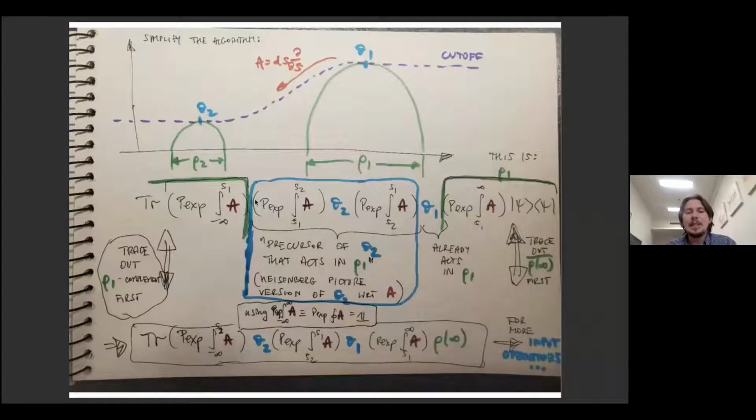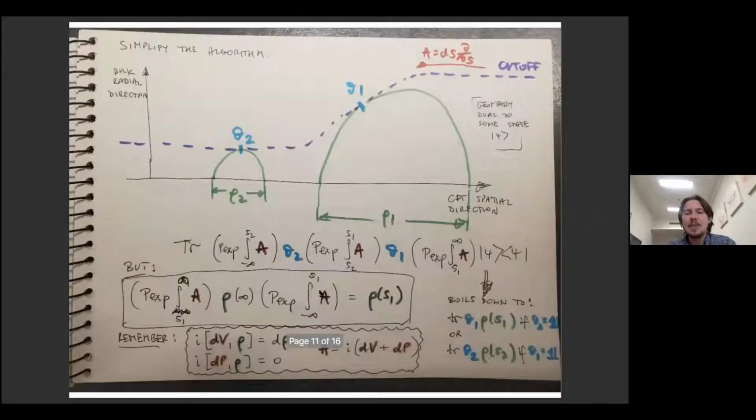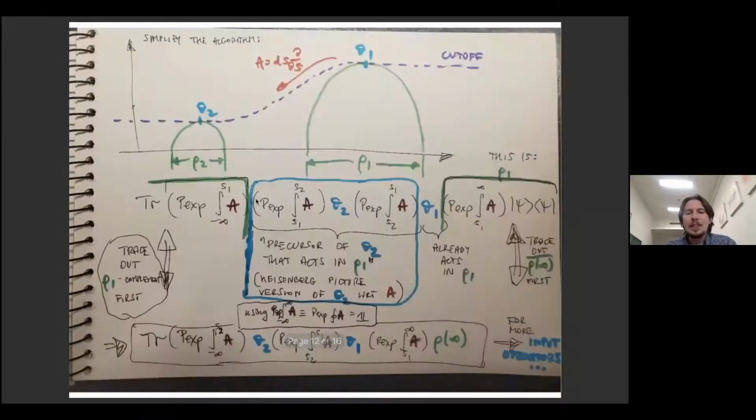So here I wrote the same expression again as on the previous slide, but one of these Wilson lines that are over here, I factorized into two pieces. This is a product of a Wilson line from minus infinity to S2. And I want to say that this factored product is of a very special form, which allows me to simplify the whole expression in this way, where I don't just have the outer product of my fundamental level state, cutoff-less state, but actually I just have a density matrix for one of these tangent geodesics.